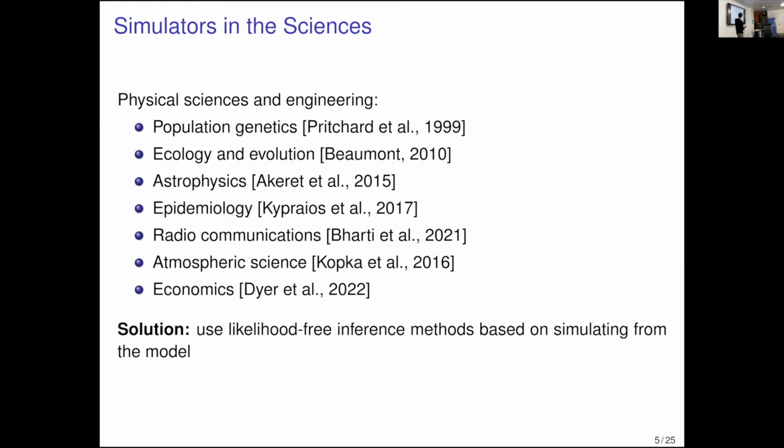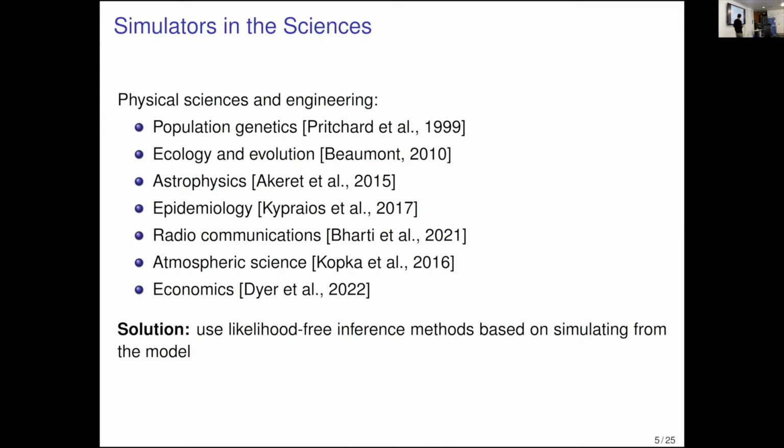Okay, some examples of these kinds of simulators in physical sciences and engineering. It started off in the last 2 decades, I think, in population genetics. That paper is considered to be the first paper in this field. In the beginning, there were a lot of domain experts in population genetics, ecology and evolution working on these methods because they had these models that they needed to infer. Then slowly, these methods became a bit more popular, and recently a lot of different domains have picked it up, both sciences and engineering,